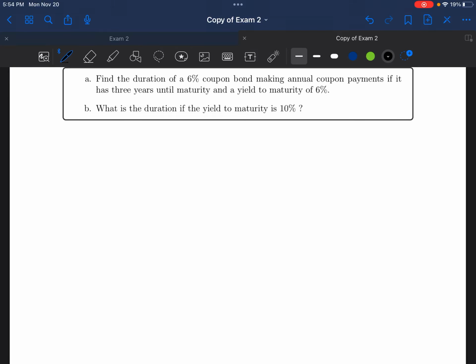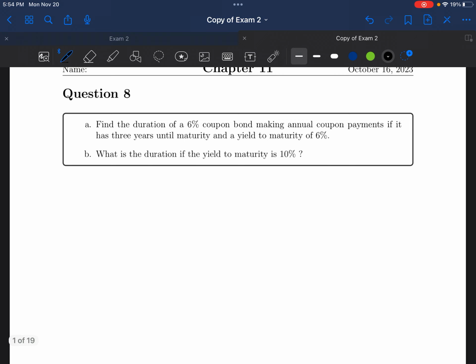Alright, let's look at question 8. Here, it asks us to calculate the duration of a bond. To calculate the duration of the bond, you need to know the equation for the duration. So for duration, if you look at our PowerPoint, the equation is going to be